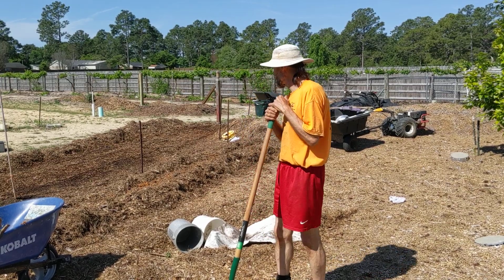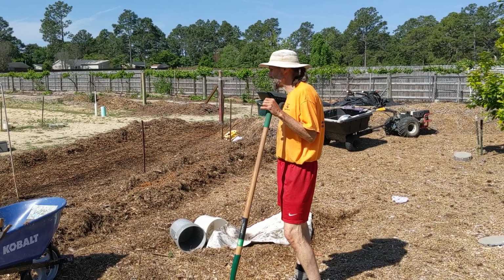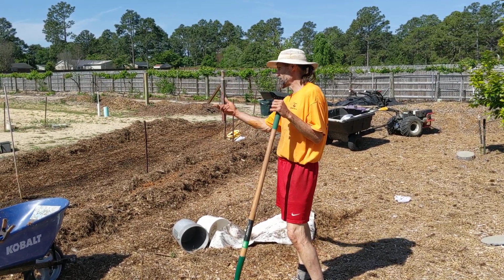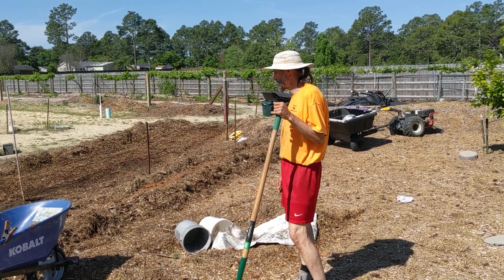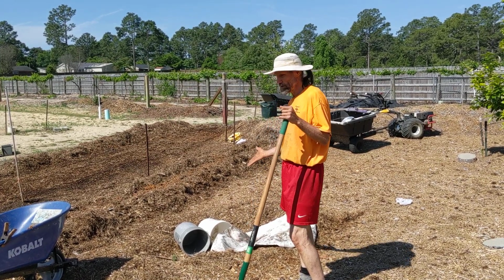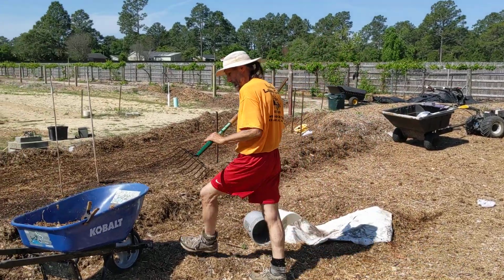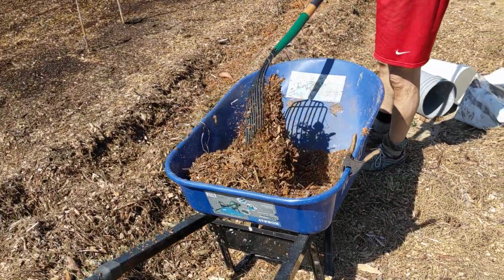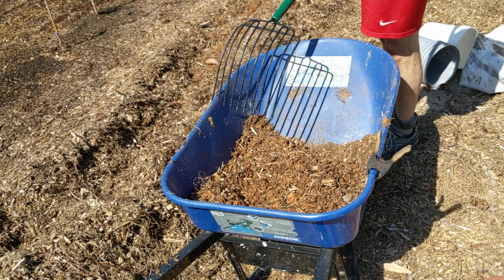I have approximately 8 or 9 foot by 50 foot, and the rows that I did, the first 3 are 18 inches apart, and then I decided that was too close together, so I put my rows 20 inches apart. But now what I'm going to do, I'm going to show you how this is the greatest fertilizer in the world. This is ground up sweet potatoes. Here it is. If you look, this is a mixture. This is one wheelbarrow load of